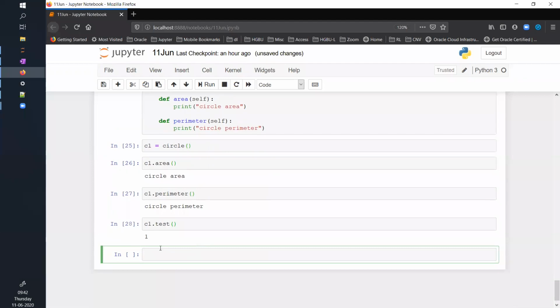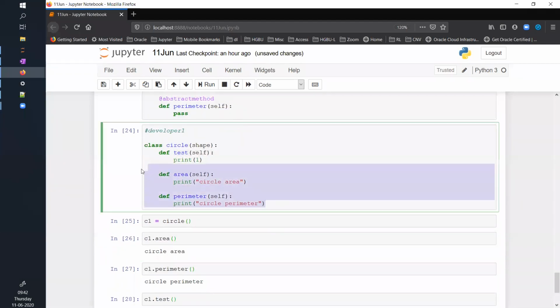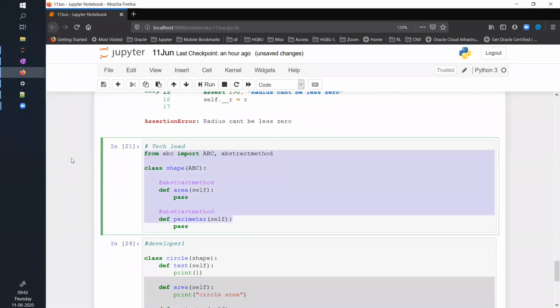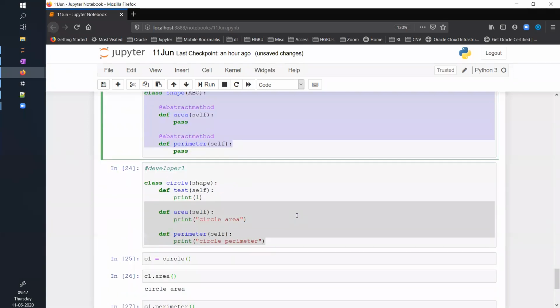call test as well. So these are the functionalities that I implemented for the parent class, and I'm bound to implement that. That is also you need to understand. You are not just implementing, you are bound to implement that. We saw that if we do not implement, that will fail.